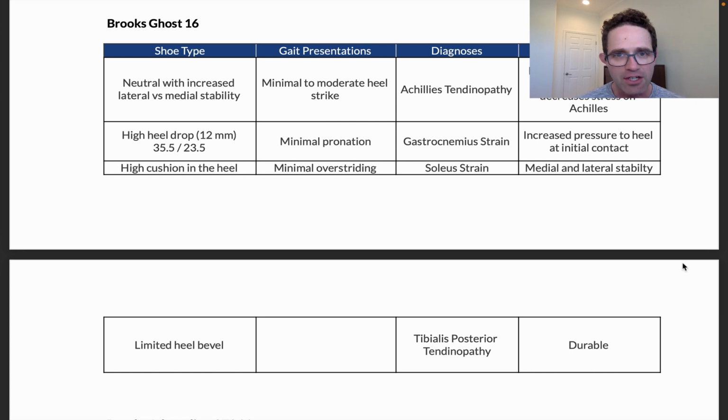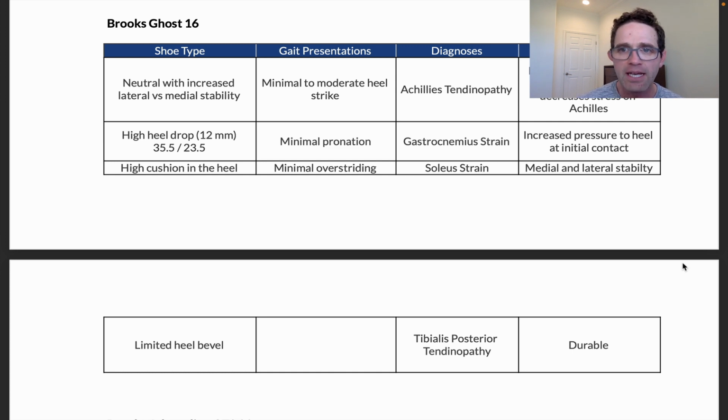So some of the diagnoses we might see here would be appropriate would be Achilles tendinopathy, and that would be because of the amount of heel drop. We're going to see that it's going to offload the Achilles, offload the gastrocnemius, the soleus, and it's also going to potentially be good for tibialis posterior tendinopathy because it's going to help to stabilize. It's also going to prevent us from getting to that dorsiflexion position, which is going to really tax the tibialis